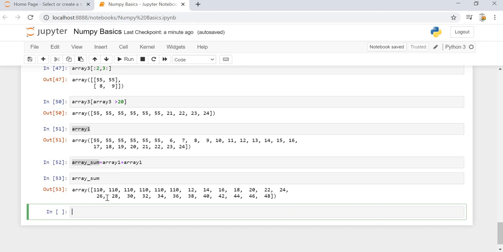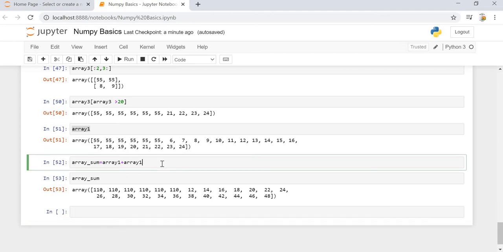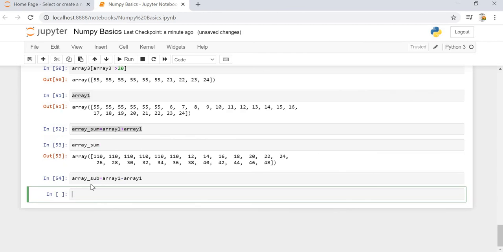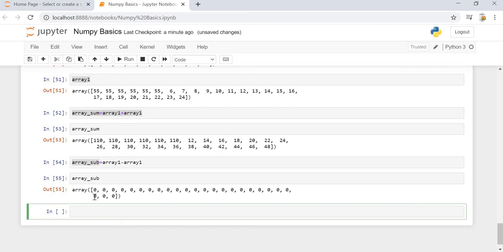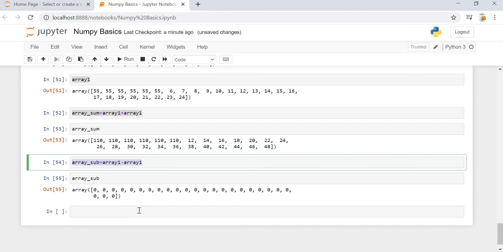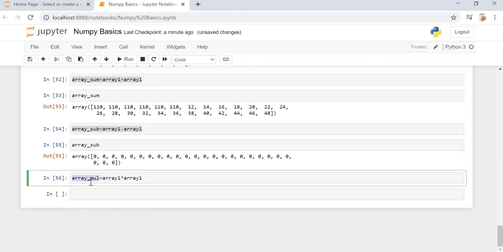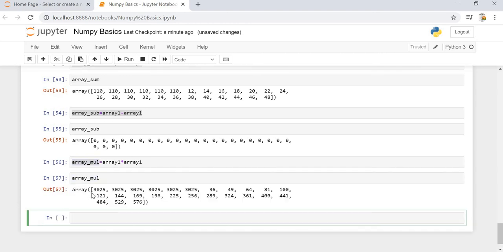So 55 plus 55, 110. Similarly, it summed up everything else. Similarly, we can do subtraction also. Here it will give us the array sub result as 0 because each and every value is the same. Now we can also have multiplication, and so on.